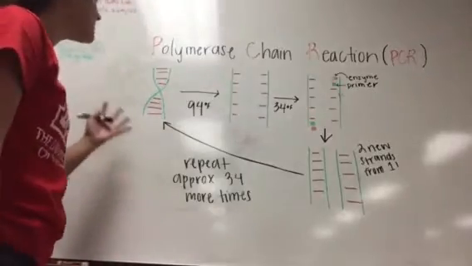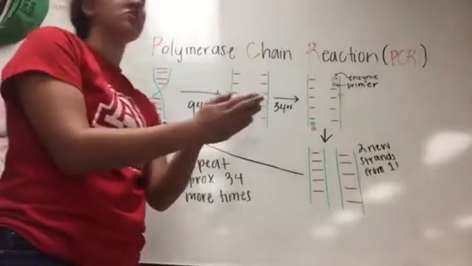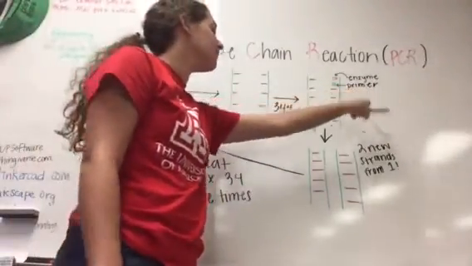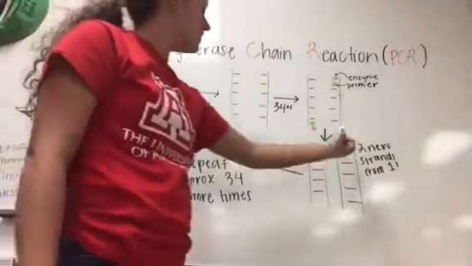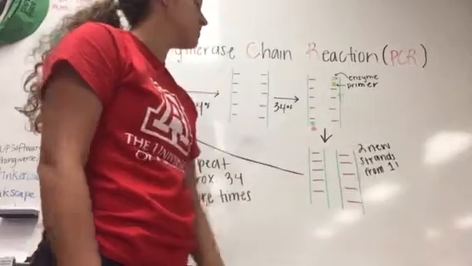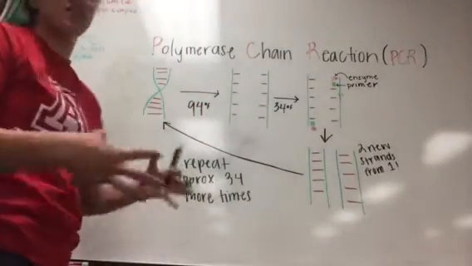First, you take an ordinary DNA double helix from a sample that you collect. Then you heat it up. This causes the hydrogen bonds in the sample to break. Then you cool back down and add in an enzyme and a primer in order to create a whole new set of DNA molecules. You have 2 new strands from 1. You repeat this process about 34 times in order to get the amount of DNA you need to work with